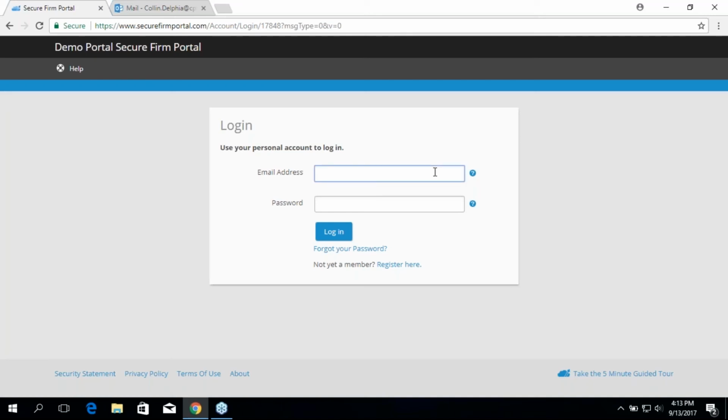If you're a person who's bouncing from Starbucks to Starbucks using the secure firm portal, by the way, I encourage you not to do that because Starbucks Wi-Fi is not encrypted. But just make sure that you know that you will have to enter that